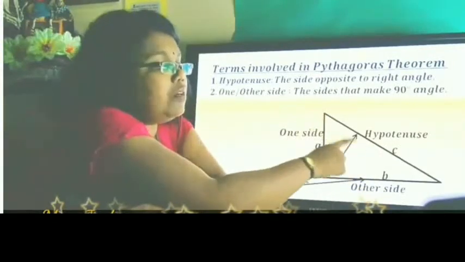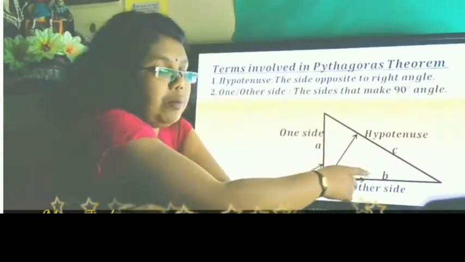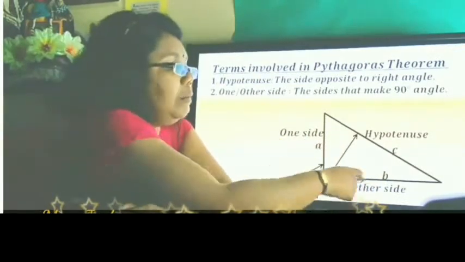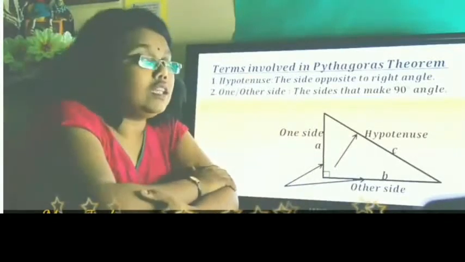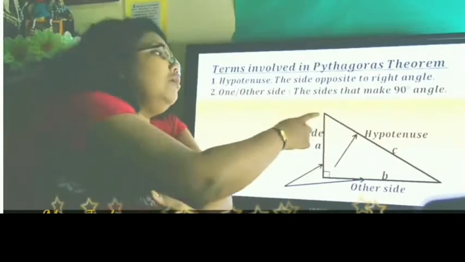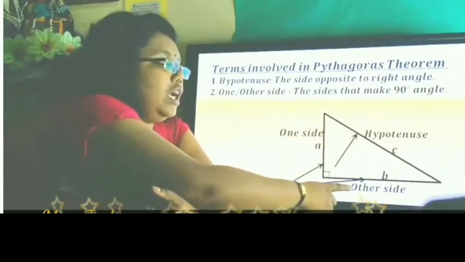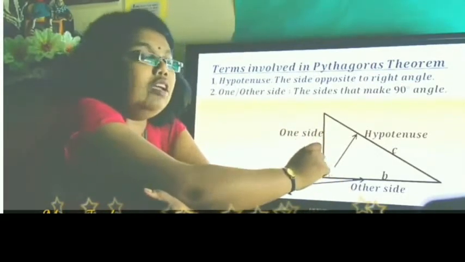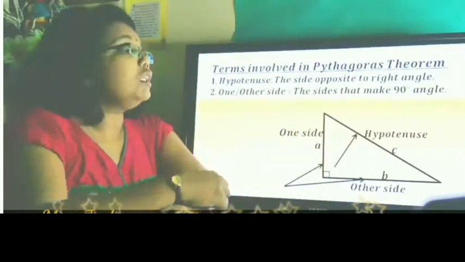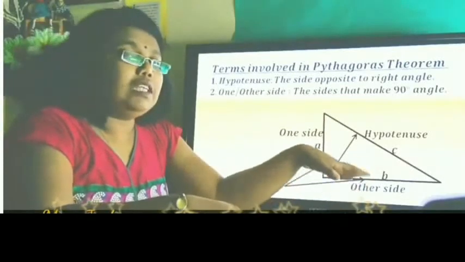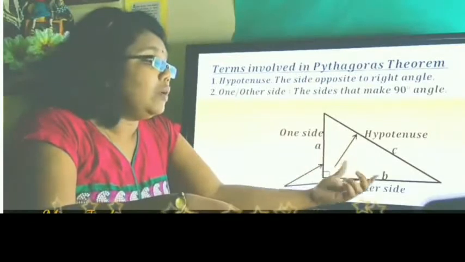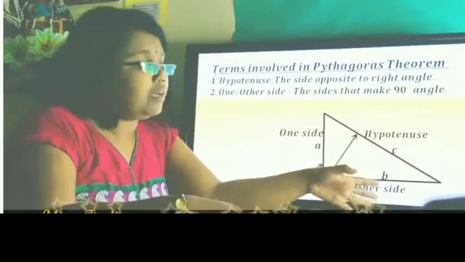Generally, hypotenuse is taken to be C. The perpendicular arms or perpendicular legs, whatever you call them, are A and B. Here I have called them one side and the other side. There are multiple names with which they are called. Here, the right angle making sides are called one side and other side. In simplified way, in variables, you could call them A and B. This is what Pythagoras theorem basically contains. So we see A square plus B square is C square. That is our Pythagoras theorem.